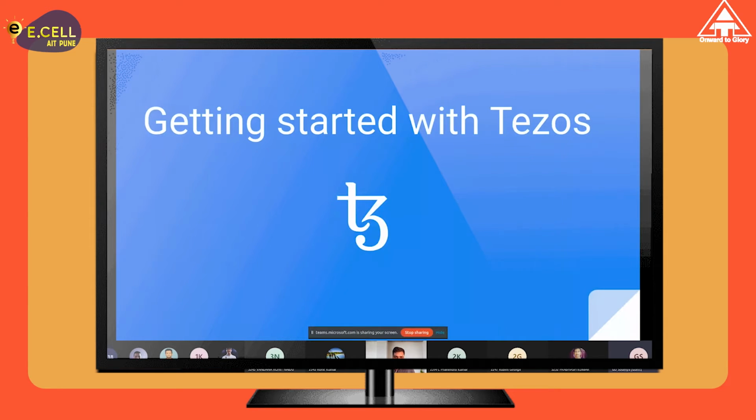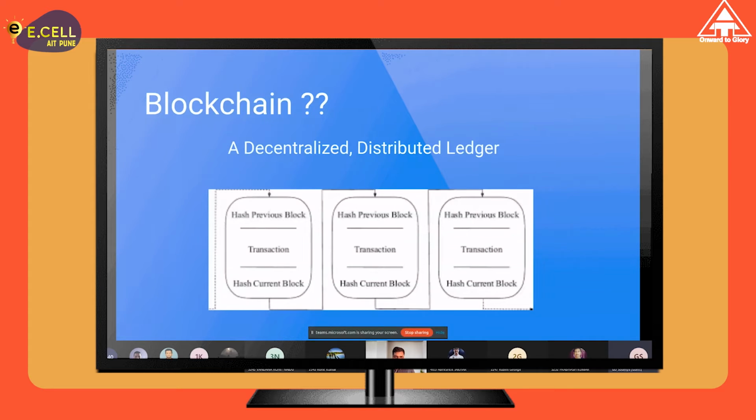Cool. Awesome. So before we jump into Tezos and DeFi applications and decentralized applications and all that, let's talk a little bit about what a blockchain is. I guess most of you have already heard of blockchains. Recently, there has been a boom in blockchain, like cryptocurrencies such as Bitcoin and Ethereum. So you must have at least heard of blockchain and what it means. I'll just give a quick brief intro to that, and we'll jump into the actual stuff that is Tezos.